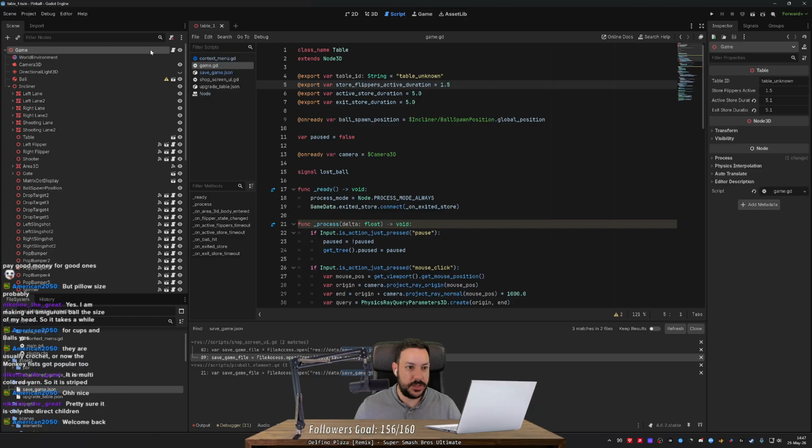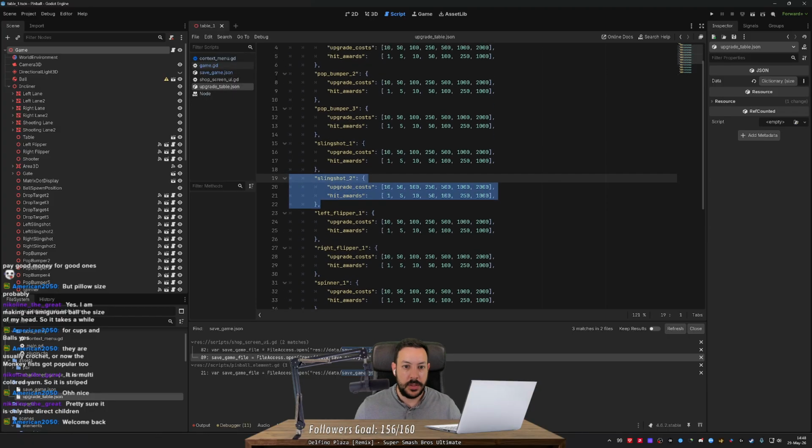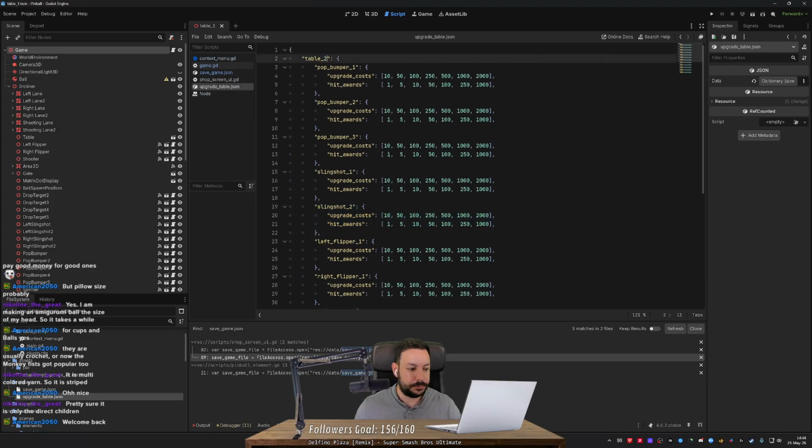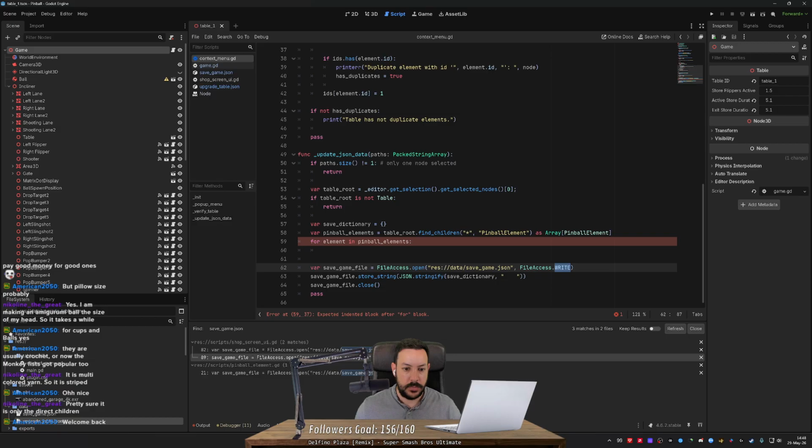So I would say that for this specific table, the table ID will actually be table. I'm going to do a table 01 YOLO. Well, I can put a table 1 in there, and then I modify these files by hand. Or hold on, just so we make sure that we don't break this. So this is going to be table 1. So if I go back to the script now,